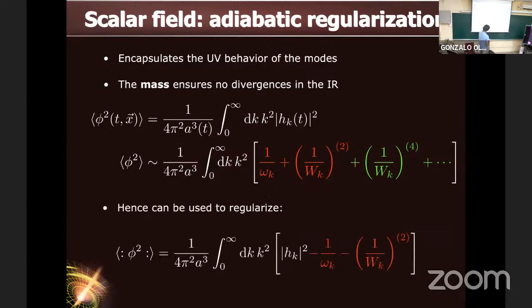And okay, so how do we regularize? Which I denote with this during the whole of the presentation. You just take the mode contribution and subtract all the terms that are divergent at the whole adiabatic order, because sometimes there will be finite contributions there that you also need to subtract for consistency. Okay, so now